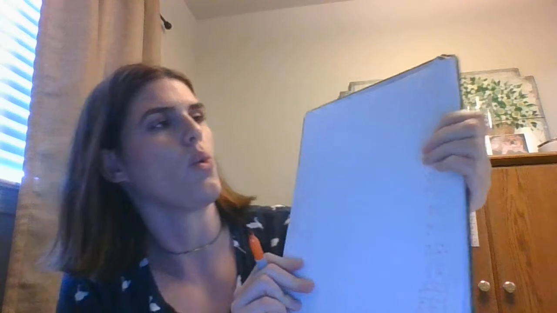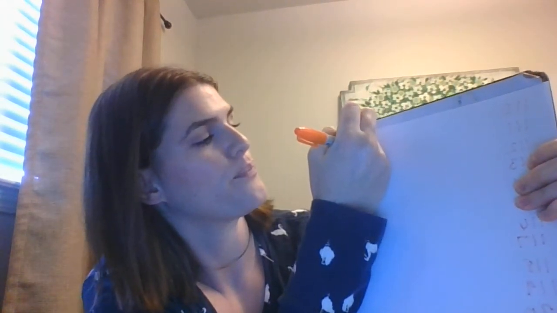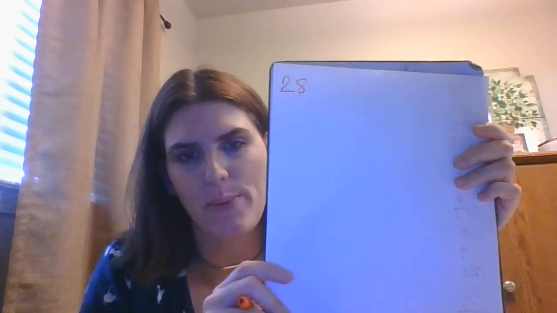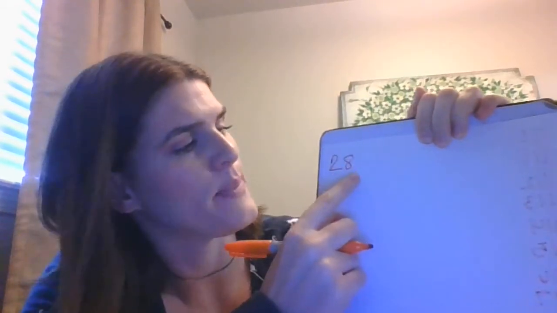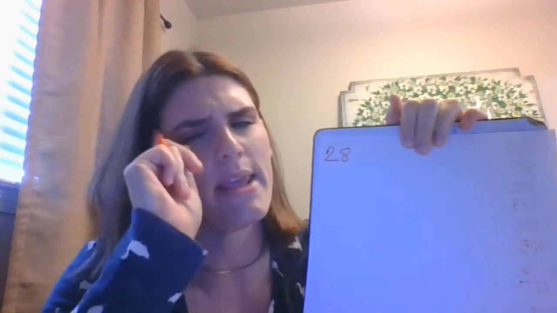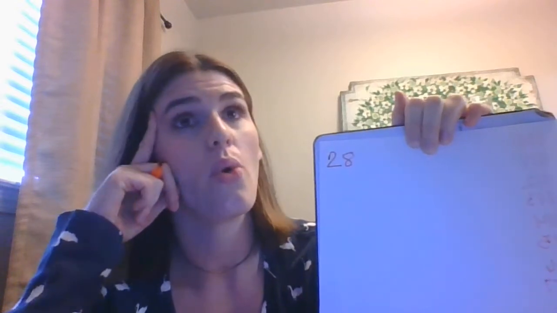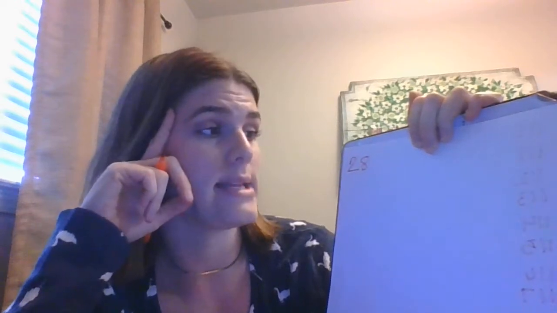So we are going to start with the number 28, and we are going to count backwards from 28. Remember, when we count backwards, the numbers get smaller. We learned yesterday this is the tens place and this is the ones place. If the numbers are getting smaller, I'm thinking about what place is going to change. Is the tens place going to change or the ones place going to change? I'm counting backwards. 29, 28,